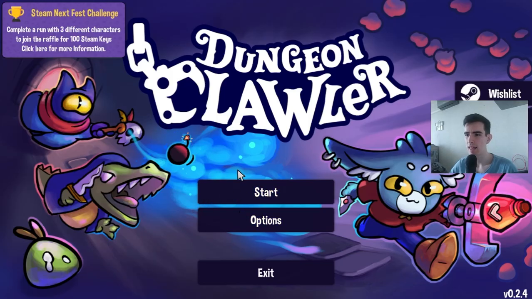I wonder what's the end of a floor? I guess we'll find out another time, but that was a quick look at the upcoming Dungeon Clawler, which is part of the Steam Next Fest demo, so if you want to check it out, it's until the 17th. So you should hurry up if you want to check it out,